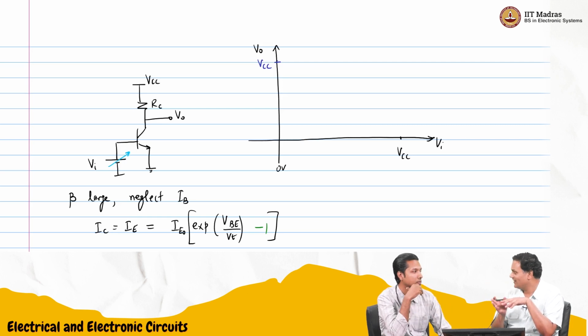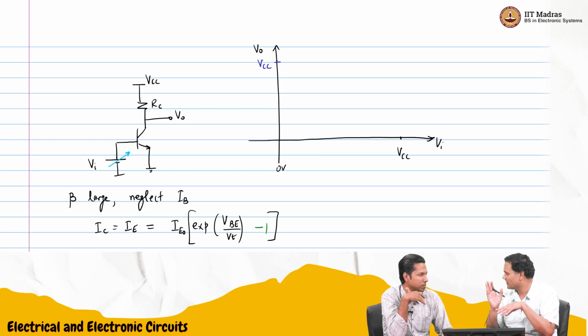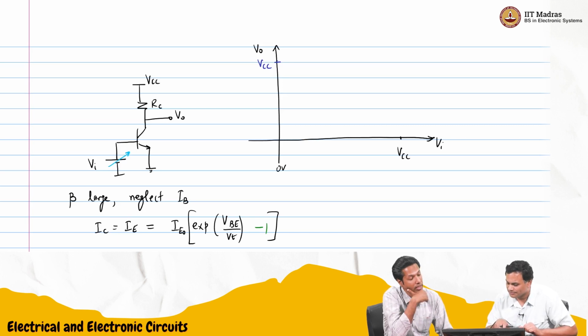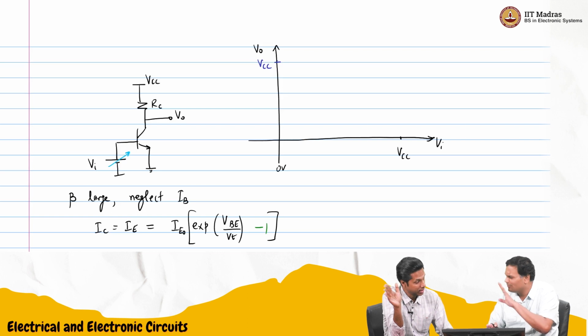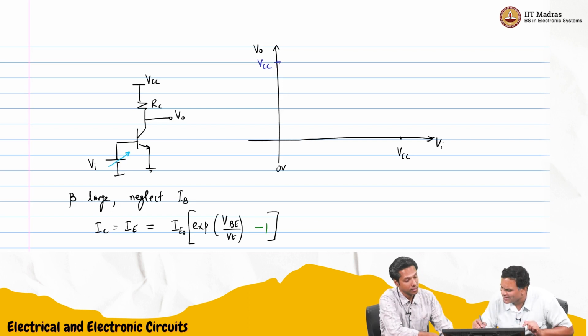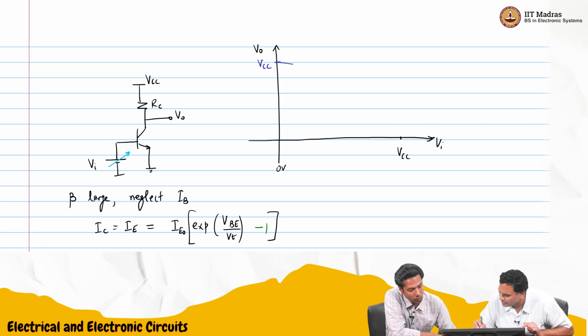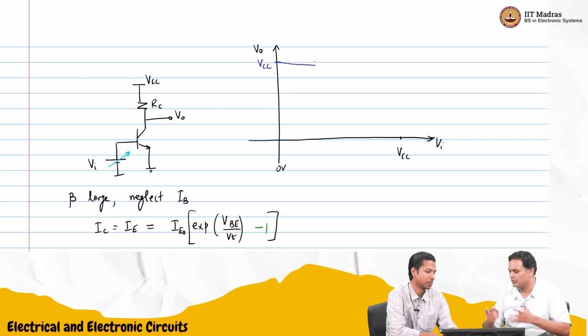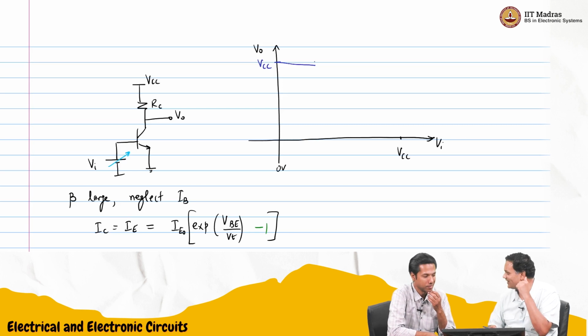Till you hit some 0.65 volts, 0.7 volts, you will not see a lot of current. You will see some very small current, which means till then the output will be almost VCC itself. Maybe one very light slope you might get. Maybe something like this. I'll show something exaggerated. In reality, you may not see such a strong slope, right? And then once it hits the knee point,